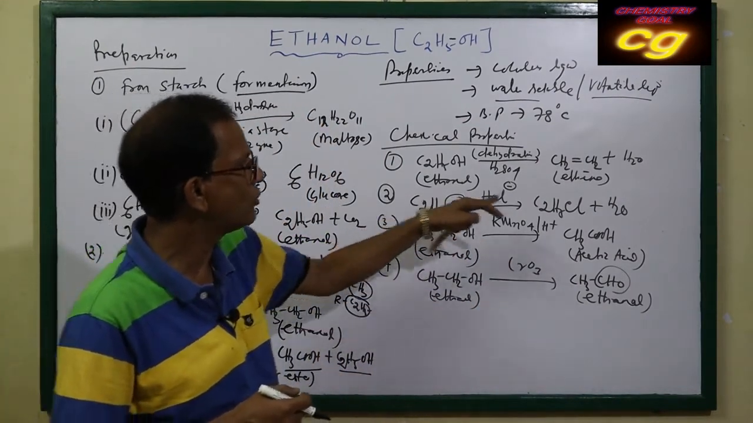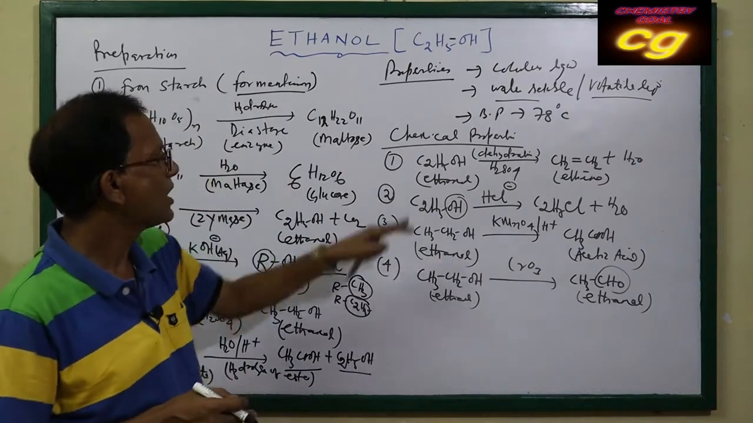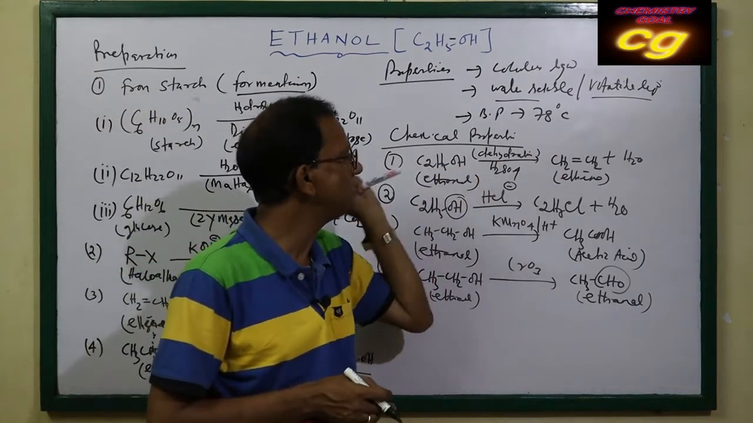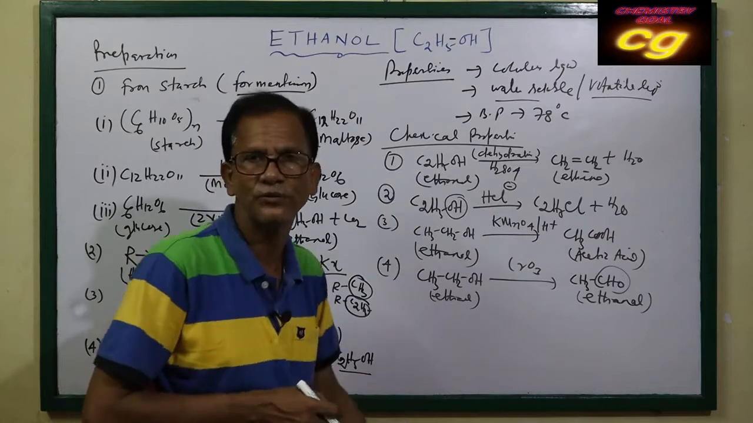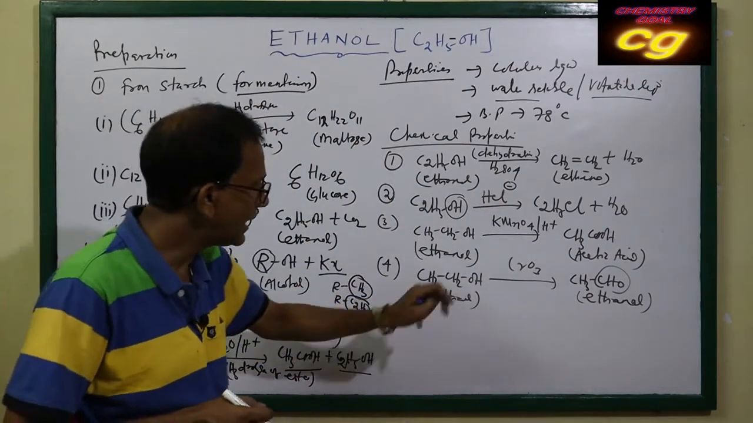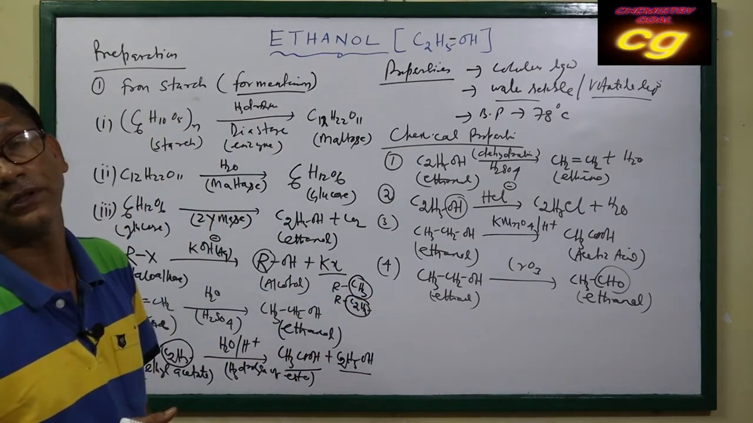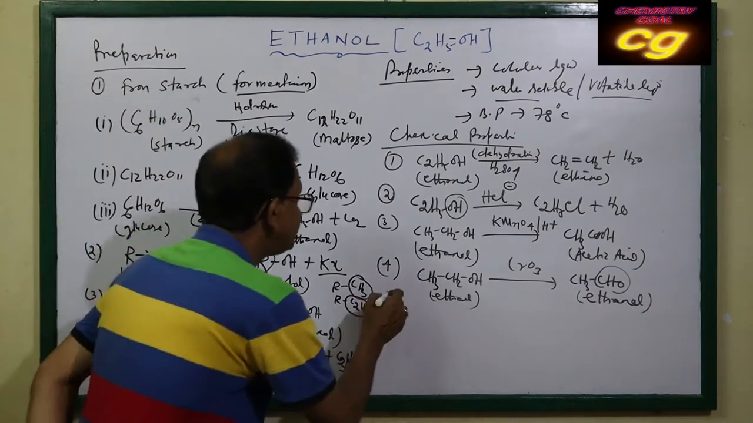Alcohol converts to haloalkane using HCl. Alcohol converts to alkene using dehydration, that is concentrated sulfuric acid. So these are the other important preparations of ester, that is